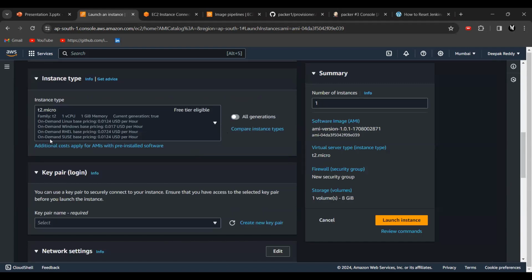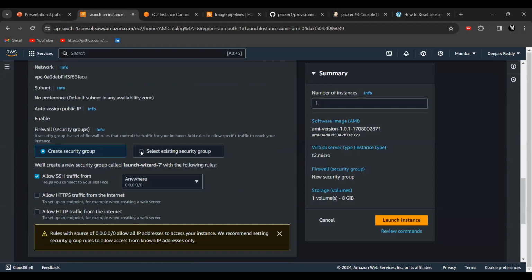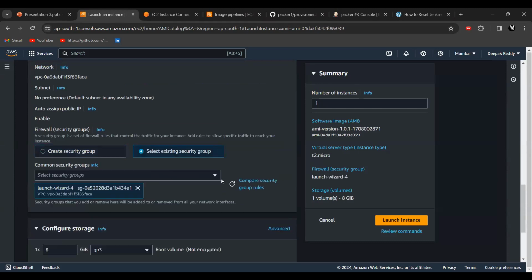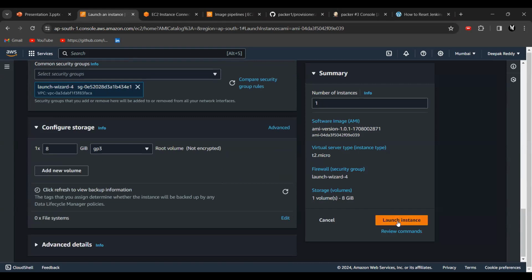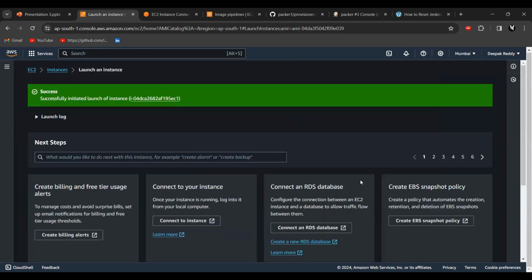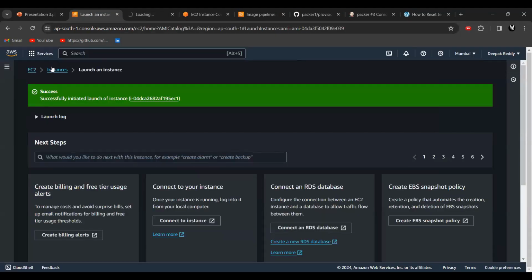Let's select T2 micro. The key name is already there. Select existing security group. I have around 40 security groups, that's why I'm not creating more. Let's launch the instance.